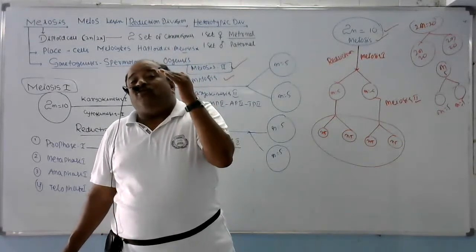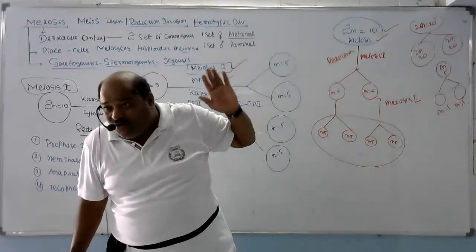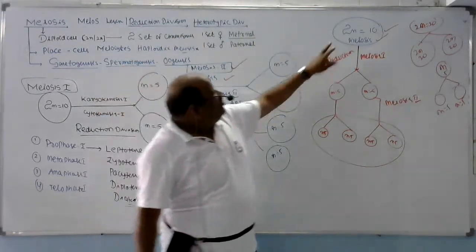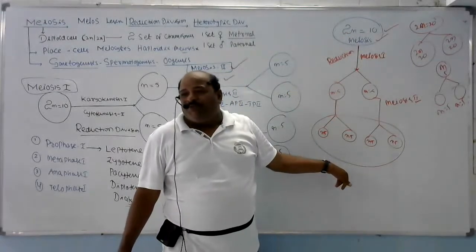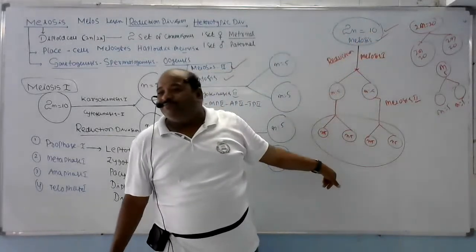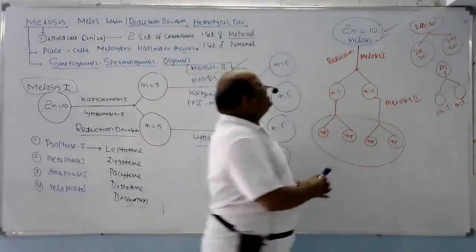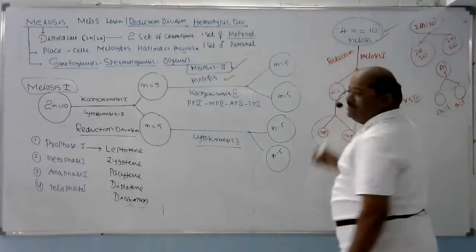Their chromosomal number, when compared to the parent, is reduced to half. 2n equals 10, n equals 5. Tomorrow I will say 2n equals 1000, n equals, okay. For example, I would like to write here 4n equals